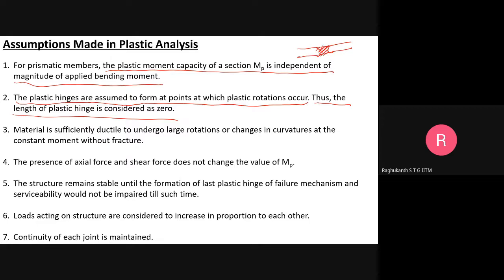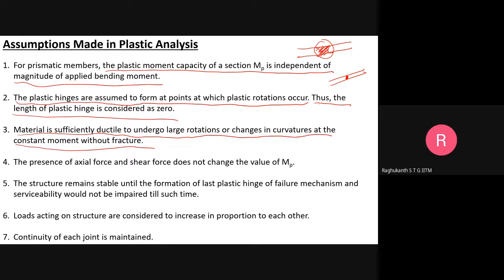Length of the plastic hinge also we discussed. But when you do the analysis, we neglect all these things. So we say that the plastic hinge will just form at this point itself. So length of the plastic hinge is considered as zero. And then the material is sufficiently ductile to undergo large rotations or changes in curvature at the constant moment without